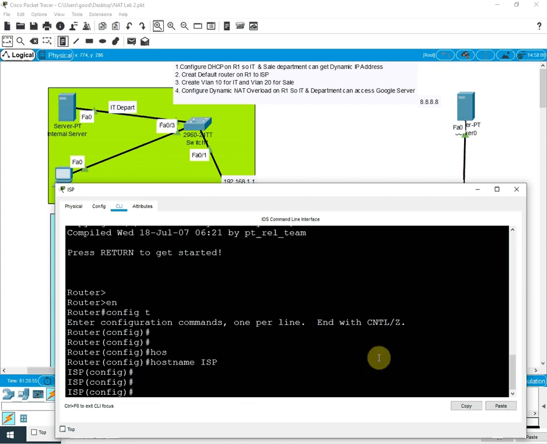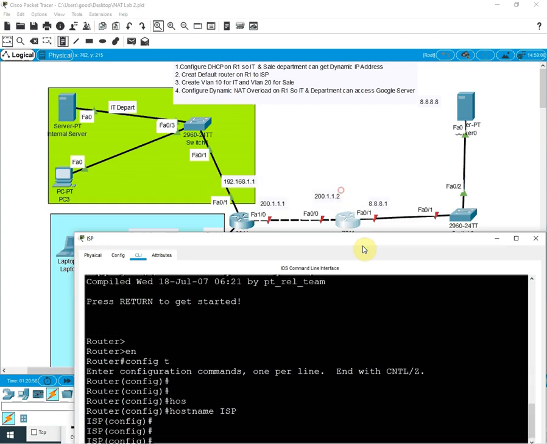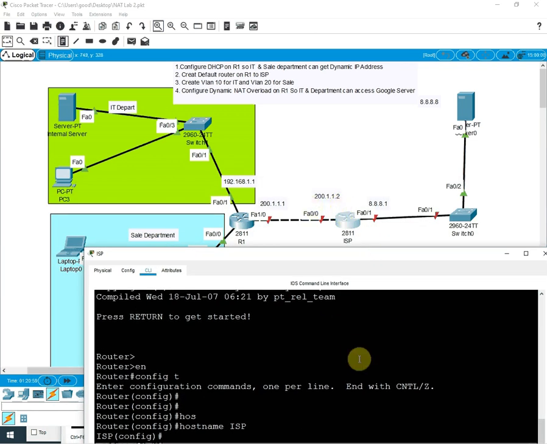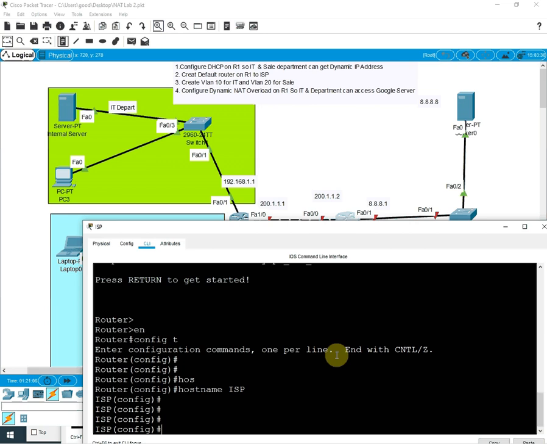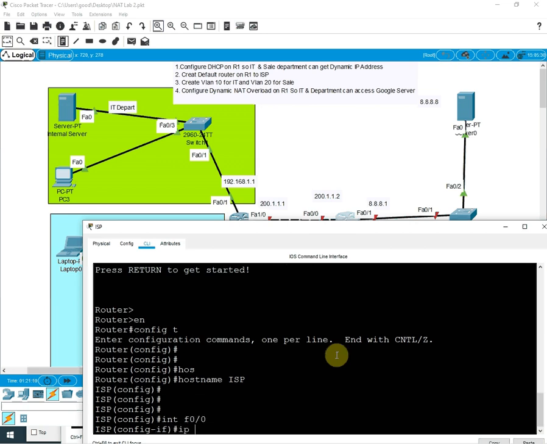So this is ISP. Then I will see whatever the interface is. I need to go to the interface f0/0. So I will go f0/0. Then I will write IP address 200.1.1.2, then 255.255.255.0.